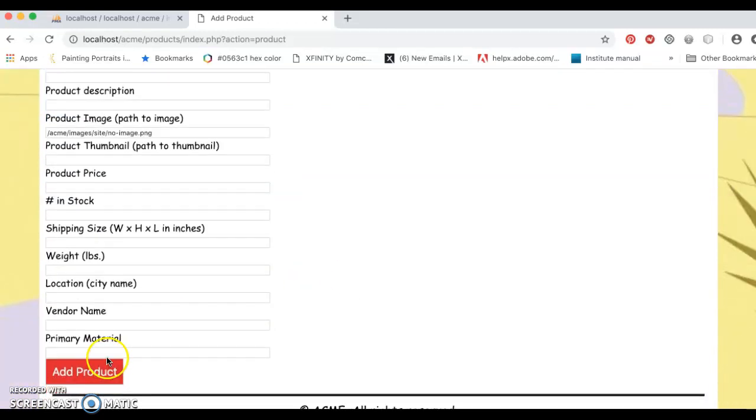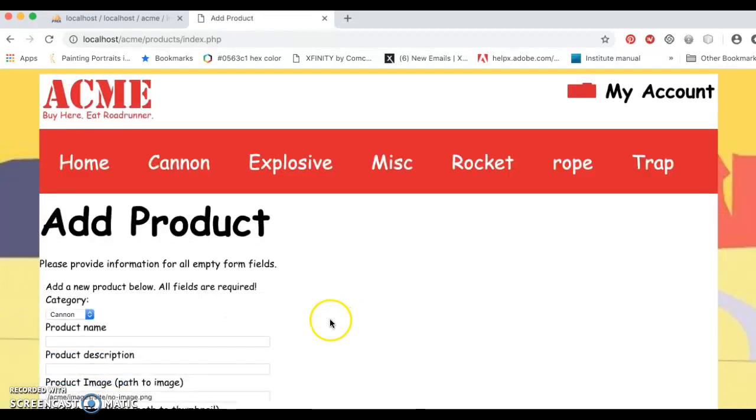So in this case, if I add a product without writing anything, we are going to receive this message: Please provide information for all empty form fields. So I will have this message saying that I cannot have empty fields,